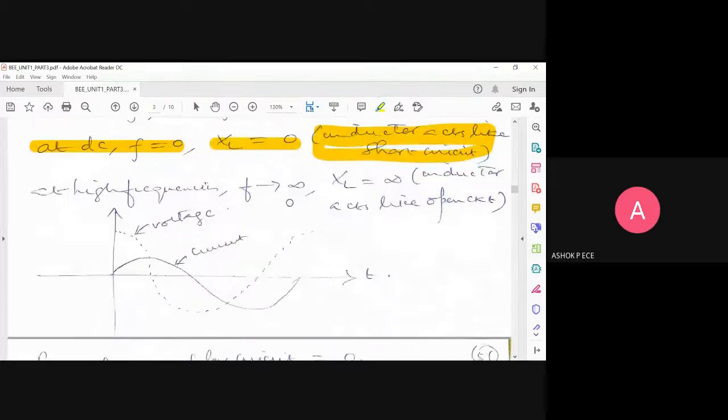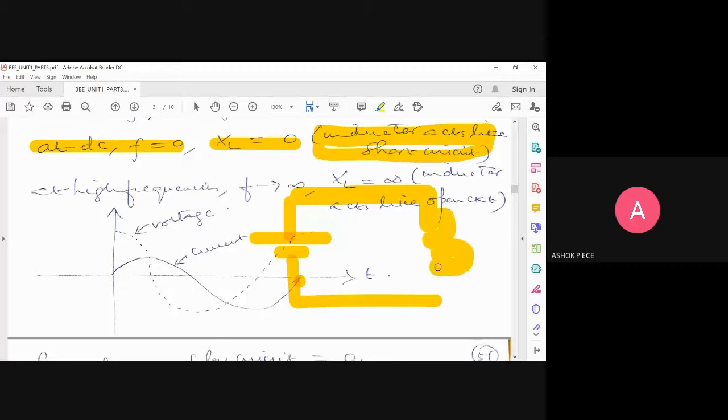If you have a voltage source here, and you have an inductor here, then this inductor can be replaced by just a short circuit. There is no effect of having the inductor. So the circuit will produce all the fireworks inside it. When you bias your inductor with DC, it is going to start burning because the inductor coil has a very, very small amount of resistance. When resistance is less, heavy current is going to flow through your inductor. That is the observation. So an inductor will not work for DC.